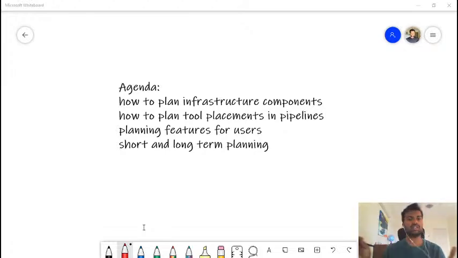Now, operations at all levels. I'm not just talking about operations at application level. I'm also talking about operations at your business level, and not just business and application, but also operations as a whole, in your whole value stream pipeline. So what does it actually mean?